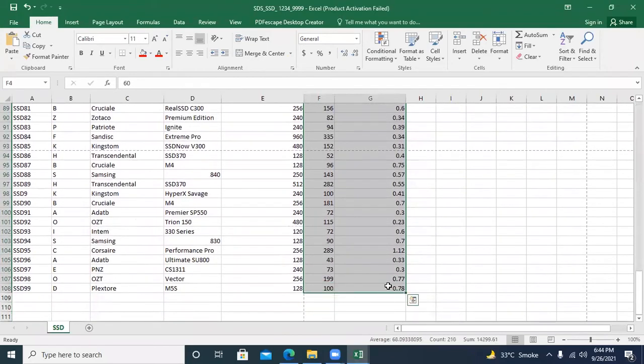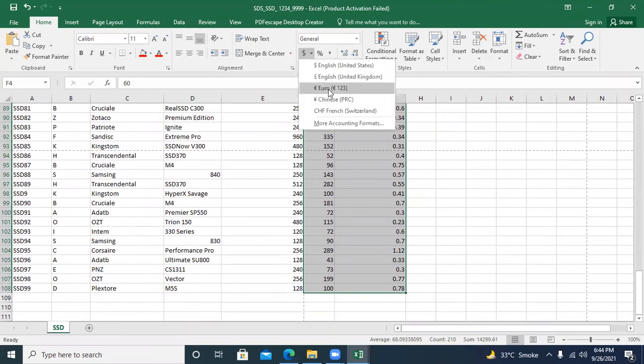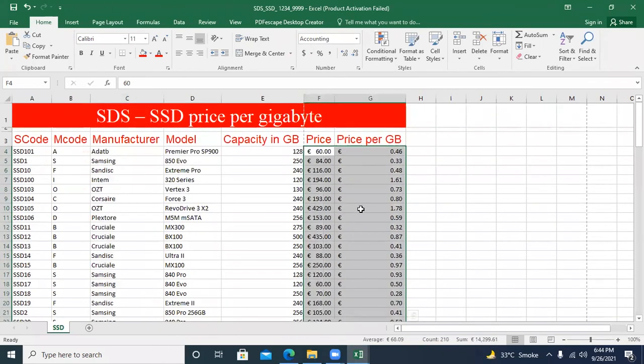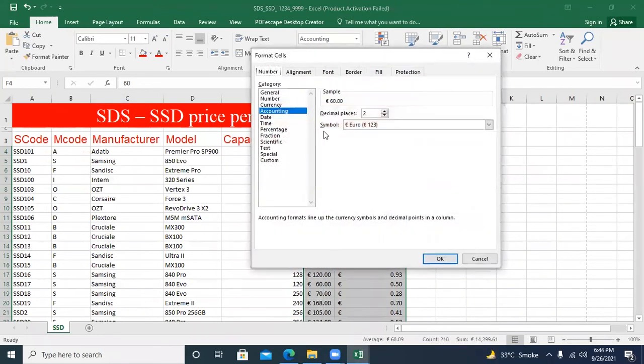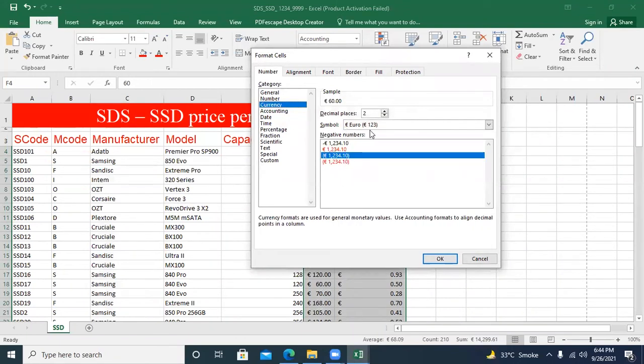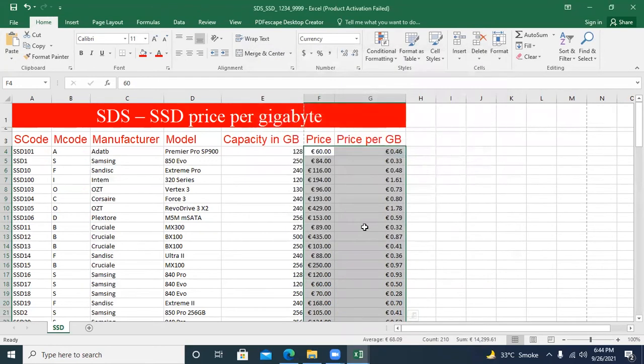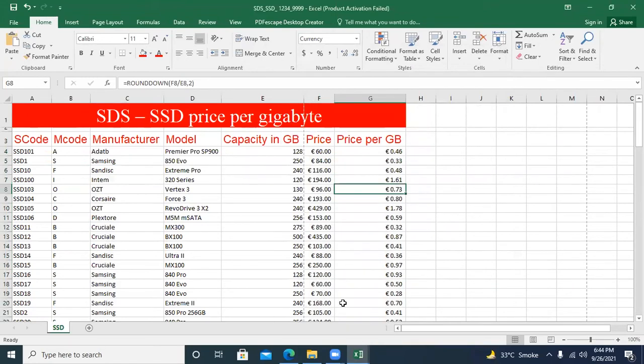The appropriate setting should be in euros. So one method is this: if you right click and choose format cells, here is a format. Use this format. The currency is euros and the format is this. Both are the same, but the appropriate way is this. So both are fine.